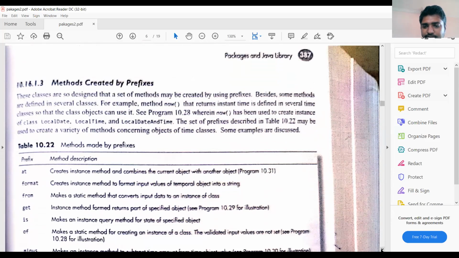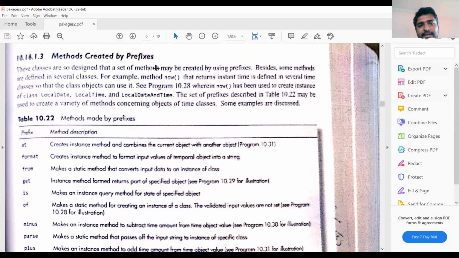Before that, we can check this one. Methods created by prefix. That means we have methods like this, sub, get, or sub, now, or sub, of.